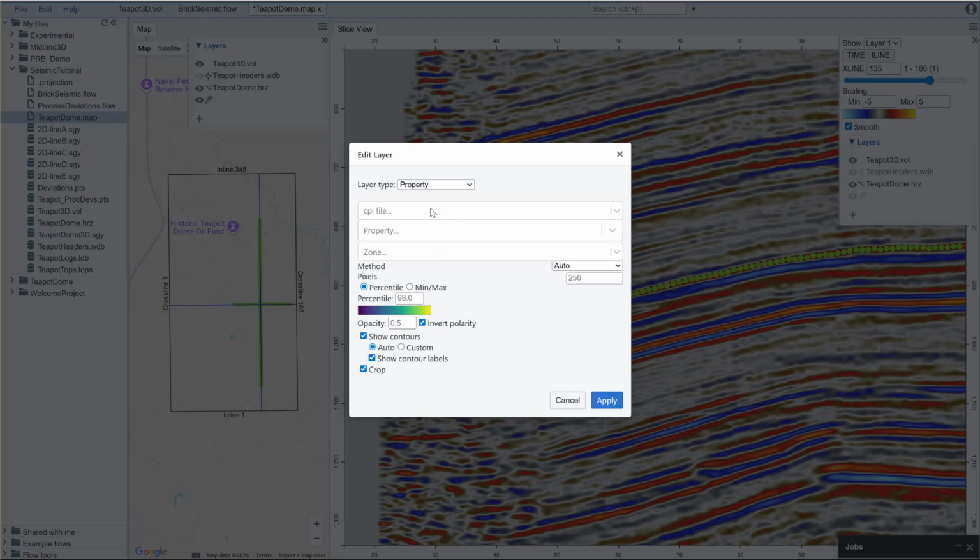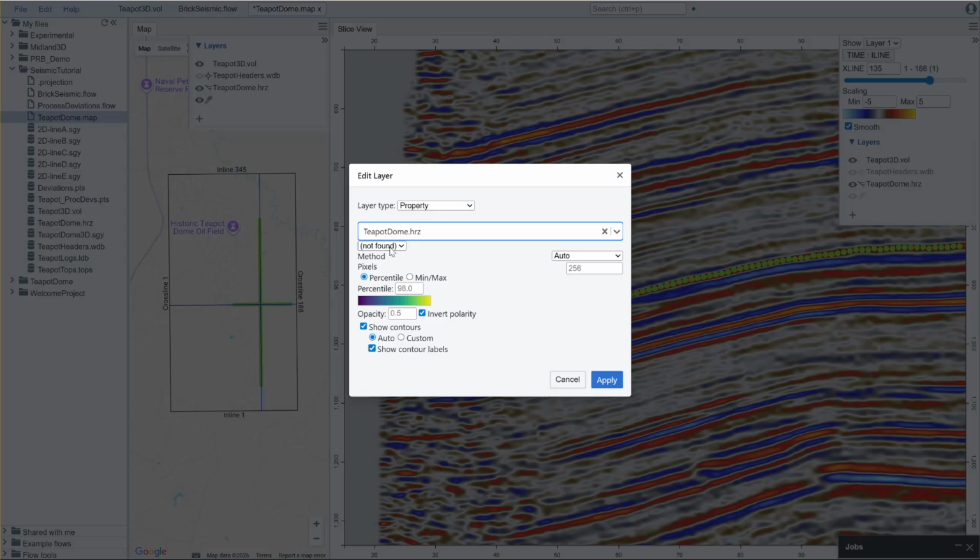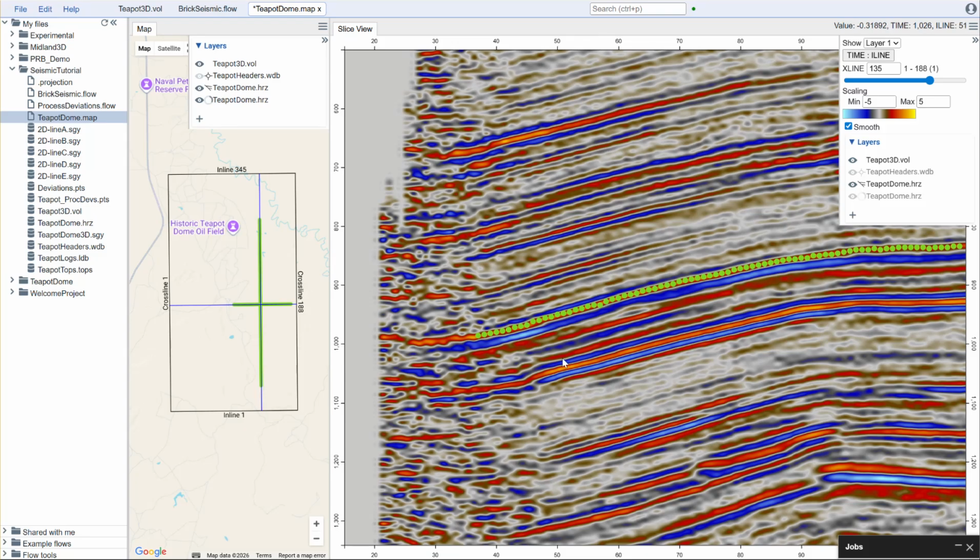Sorry, it looks like I accidentally missed the click there. Click apply. And now you can see it is giving us this preview here. Now that I've picked one inline and one cross line, I'm going to do a little bit more picking. Here, I want to pick on a somewhat regular grid, so I start off with